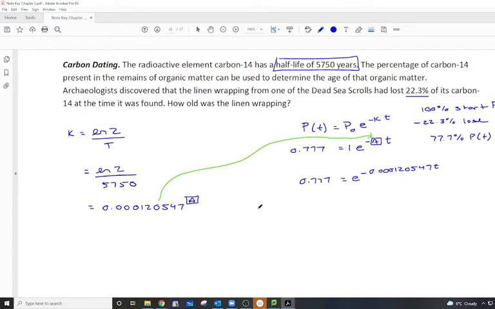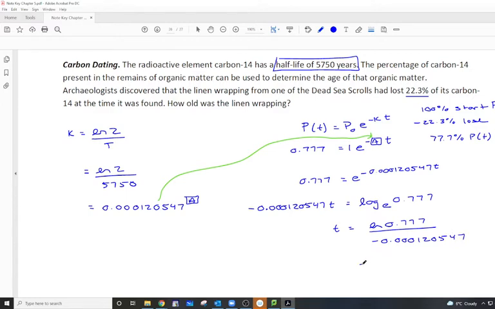Okay, so I'm going to solve for the exponent. So negative, if this is my work, I'd just write A, but I'm going to be careful. So 0.0001207t equals log to the base e of 0.777. And again, the only difference is if I took the log of both sides, I'd have the log base e of 0.777 equal to log to the base e of this. I could bring my exponent down, but I'd still end up with this equal to the ln of 0.777. Okay, so then to solve for t, I've got the ln of 0.777 divided by negative A, or writing it all out, decimal 000, I hope I've written it down right,